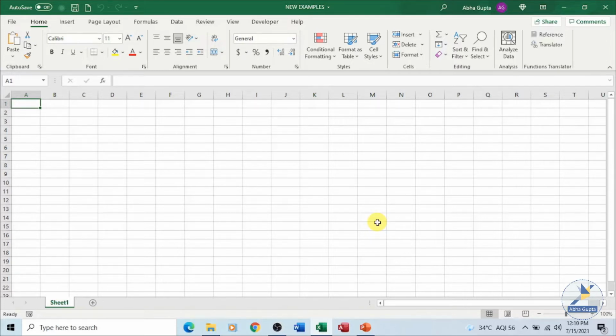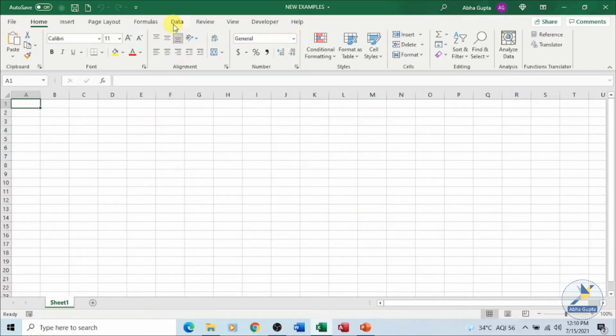So I have a file on Notepad. We have opened Excel over here, and there's a requirement: somebody has created a file, the data is stored on Notepad, and I want to open it here in Excel so that I can perform sorting and filtering options over here in Excel, or maybe some kind of calculation. So instead of typing in the data again, what we will do is import that data over here.